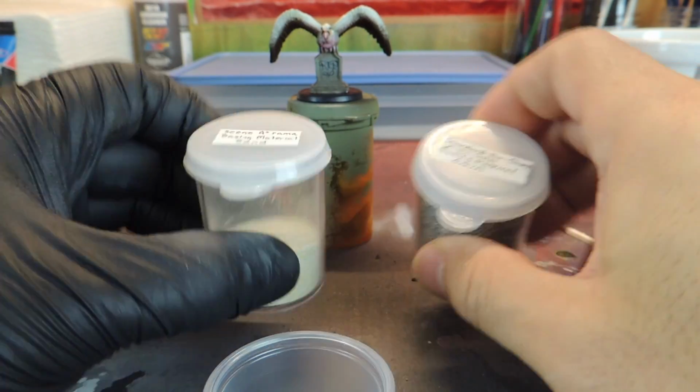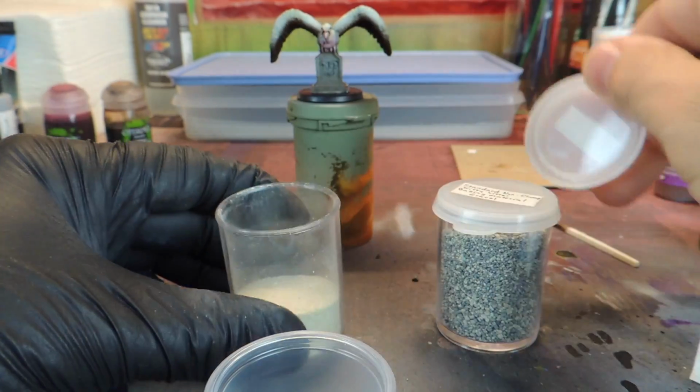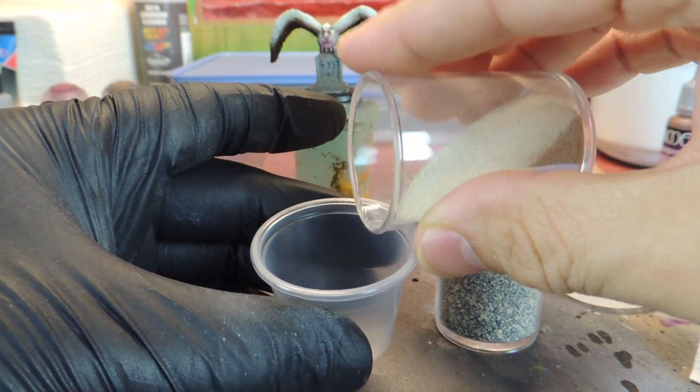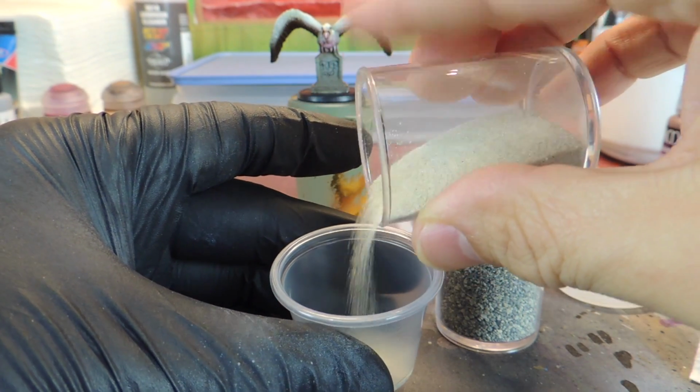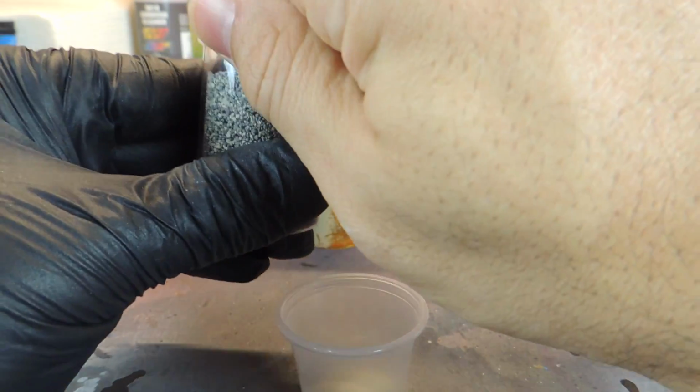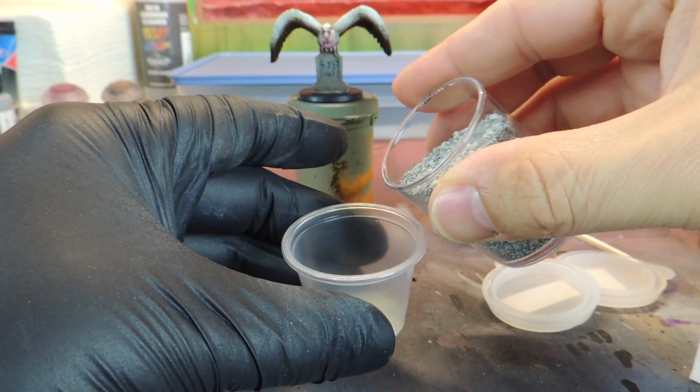Now time to use some basing material. I do like to use sand, grit, and some people say that it's too large, and I beg to differ on this one, only because of the way that I use it. Time for some kitty litter. It's ballast as well,